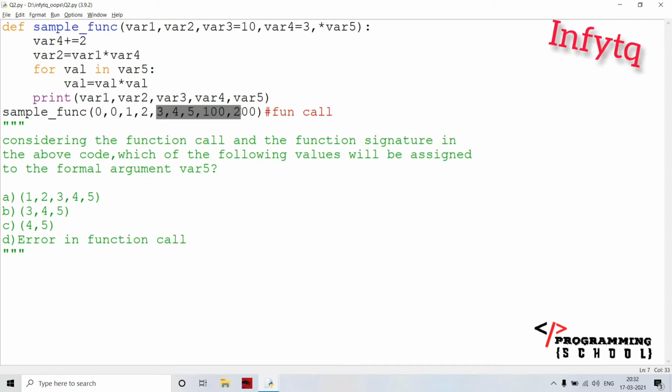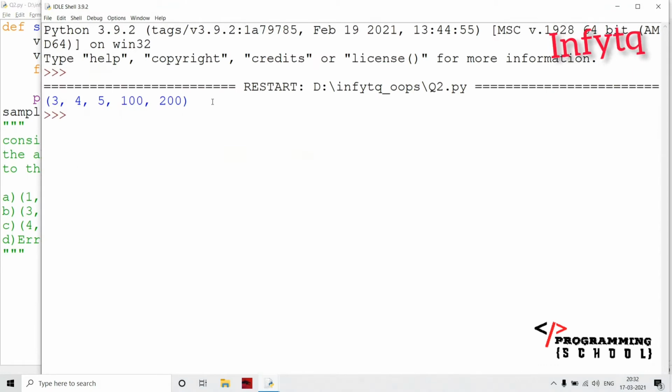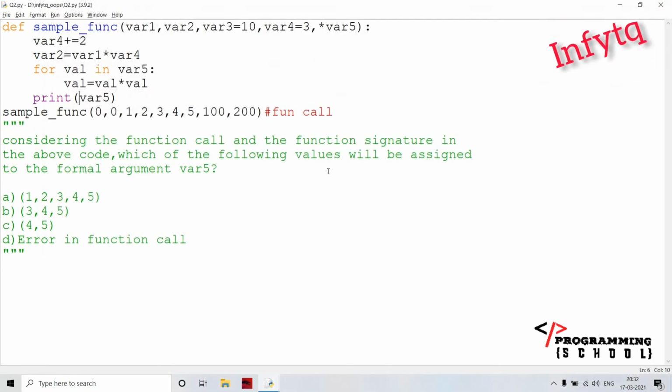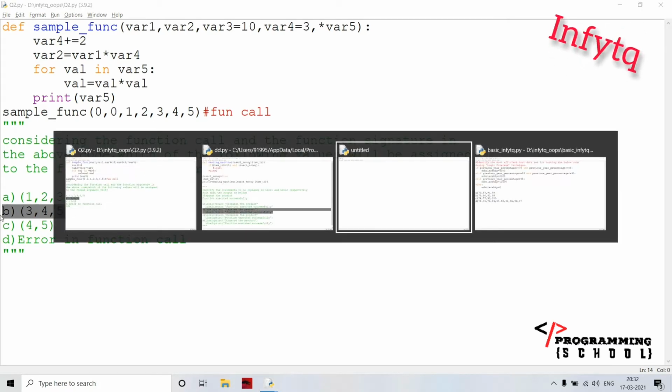Then from 3 to 200, all the values are moving into var5. If you observe here, if I print var5 and execute it, all the values are moving into var5. And simply the answer for this input is going to be 3, 4, 5, option B here. Moving to the next question.